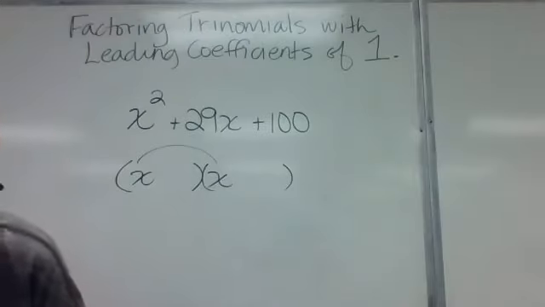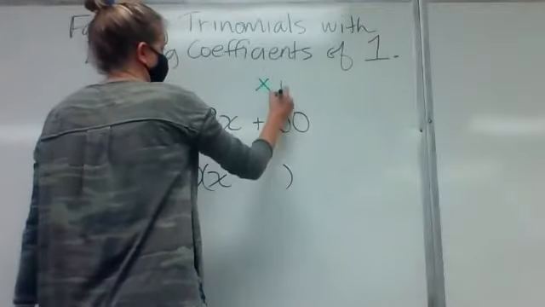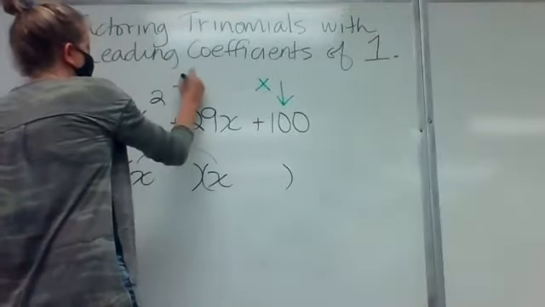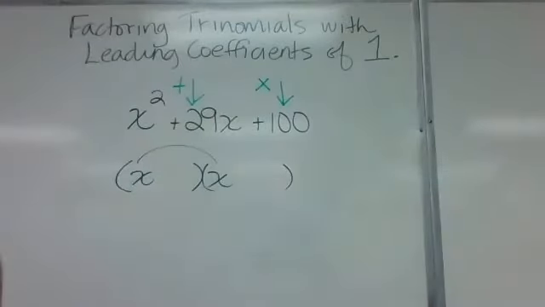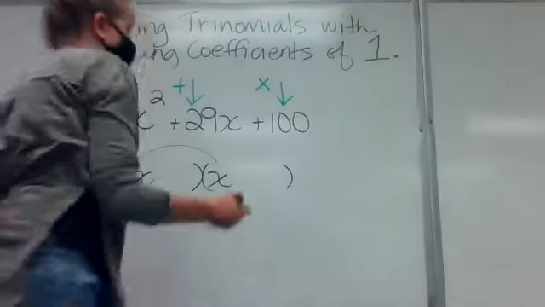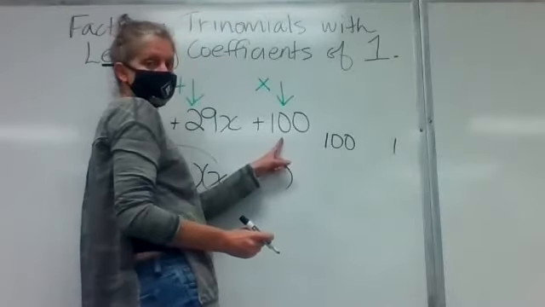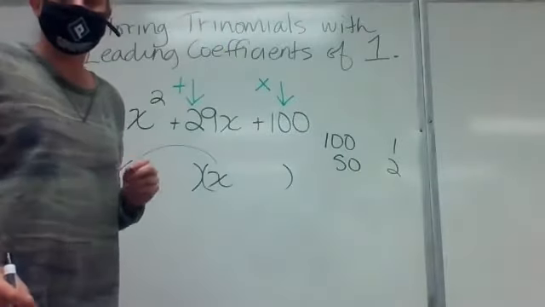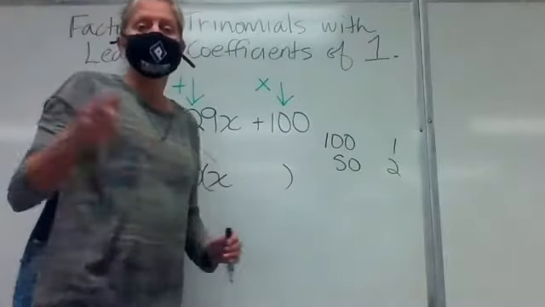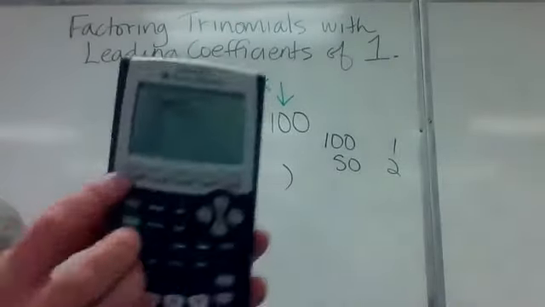Now, what are we trying to do? Find the numbers that multiply to equal 100 and at the same time add to equal 29. So let's see, I can either make my list over here, 100 times 1 equals 100. 50 times 2 equals 100. And I can go on and on, or I can use this calculator trick and hit your y equals button